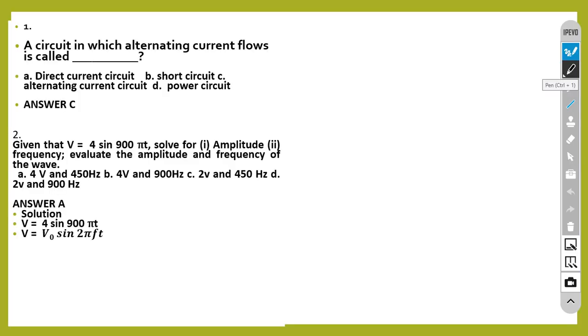So by comparison, you can see that at this point here, the 4 volts corresponds with the peak voltage. So apart from saying find the amplitude, if you are asked to find the peak voltage, you just compare and then you pick the correct answer. If we compare this as well, it will help us to get the frequency. So by comparison, we have it that